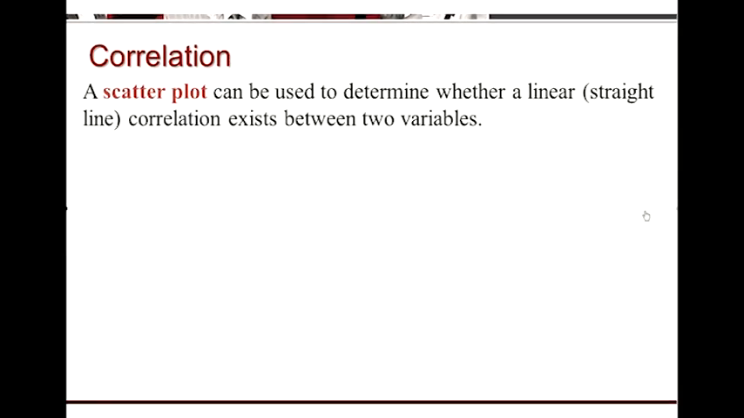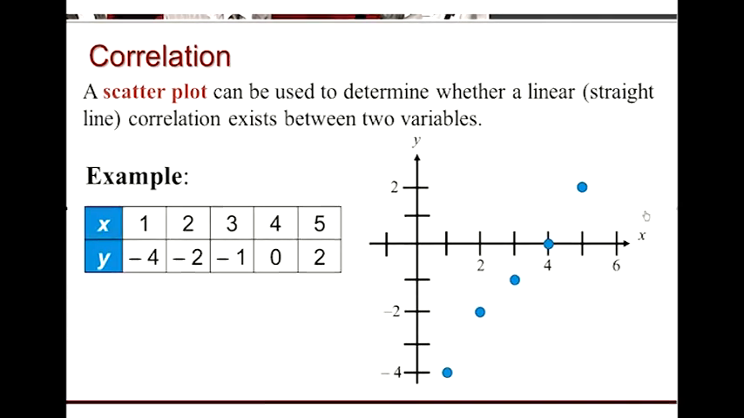variables, and we can use a scatter plot to determine whether a linear or straight line correlation exists between two variables. For example, if we have a list of x's and y's, then a scatter plot would be graphing them